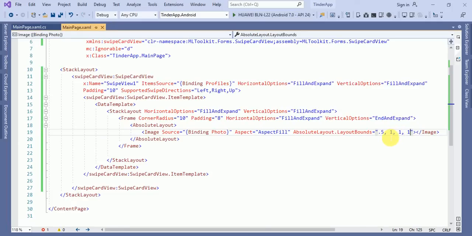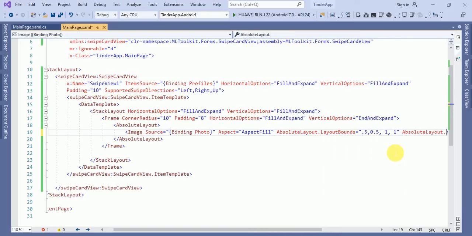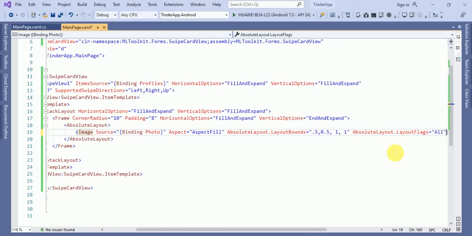Oh, we have put it one more. So here 0.5, and we will take 0.5, and here we will take 0.5 and 1 and 1, and one more property we have to add, that is absolute layout dot fill layout flags equals to all.